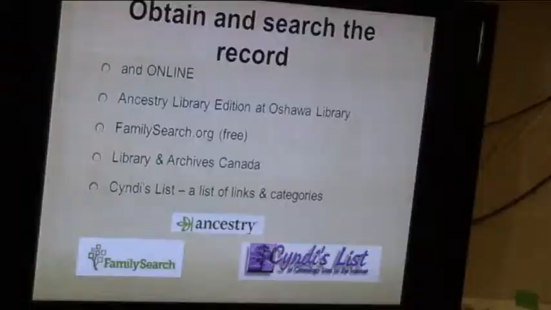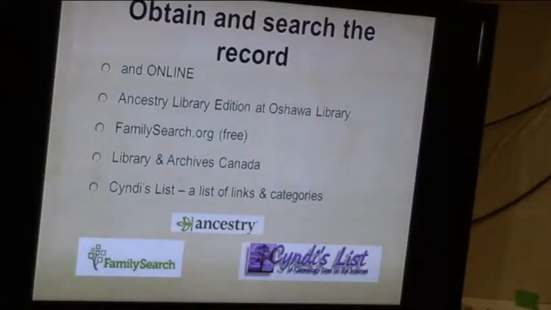And of course, local genealogy branches. Now here's some of the big sites on the internet. Ancestry.ca, but it costs a lot of money. The library has Ancestry Library Edition for you for free on their computers.